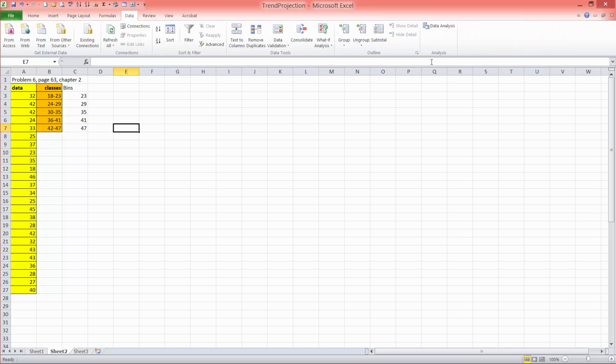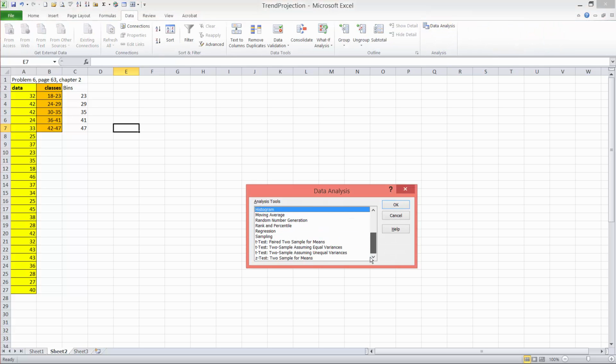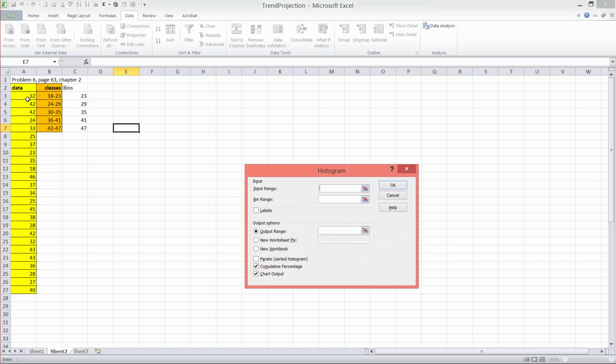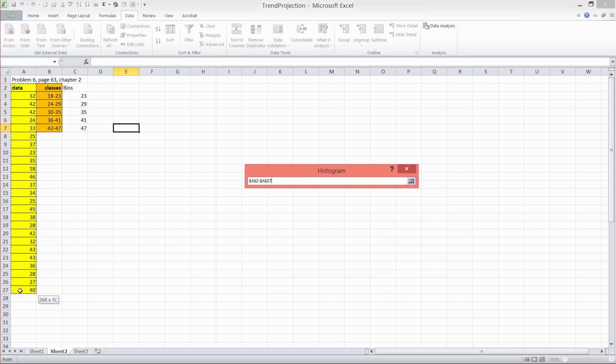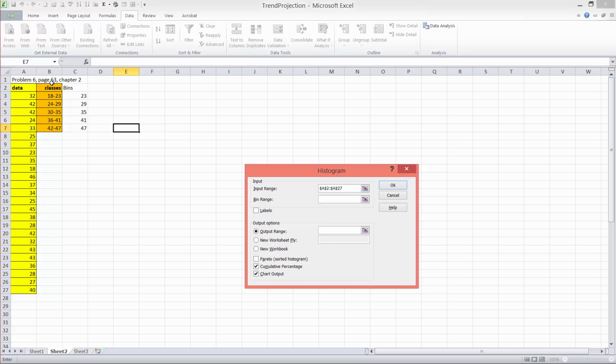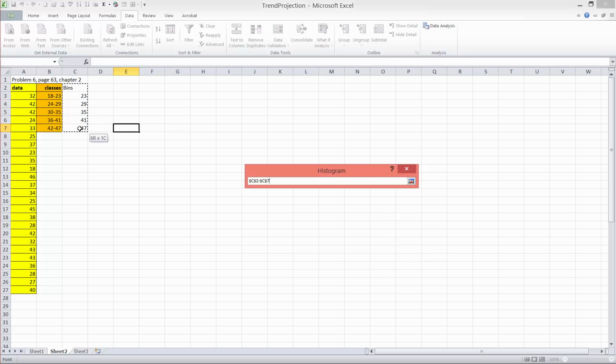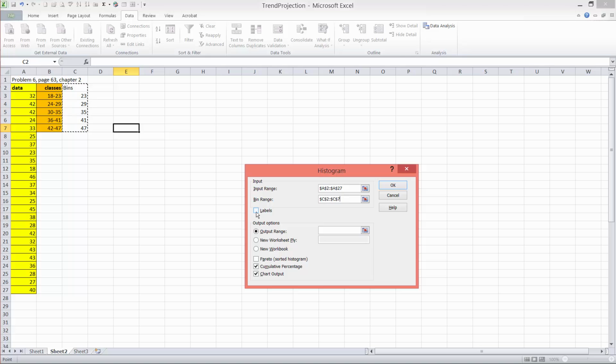Go to Data, Data Analysis, pick Histograms, OK. Input range is the data. Highlight. Bin range is these bins that I just typed. Click Label. Why? Because the cells A2 and B2, which are data and classes, those cells with the labels are included in my ranges. For output range, I will put,